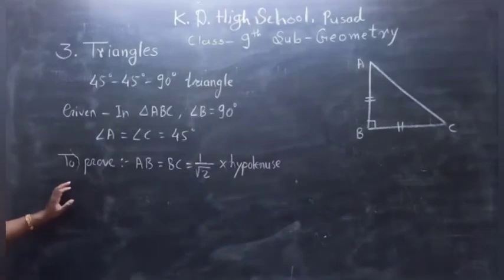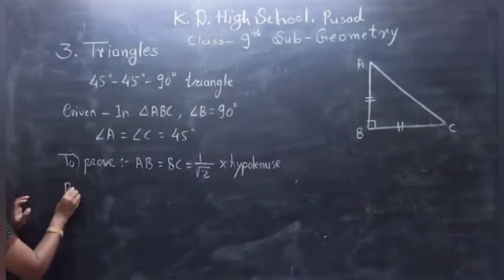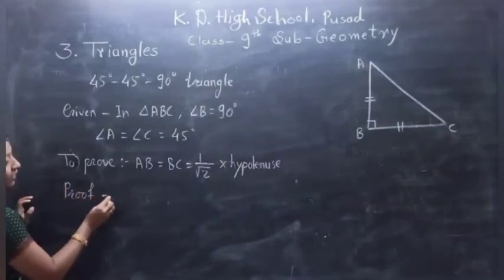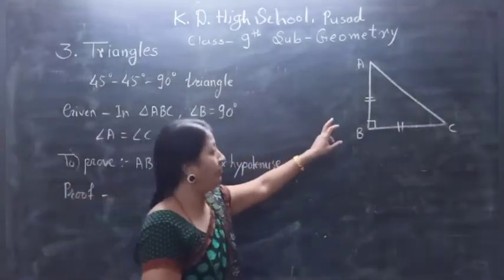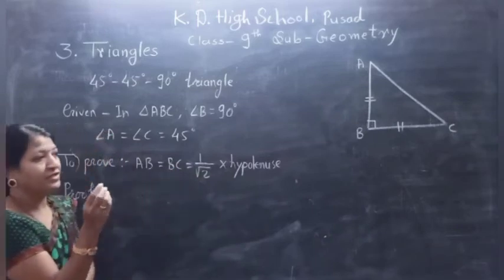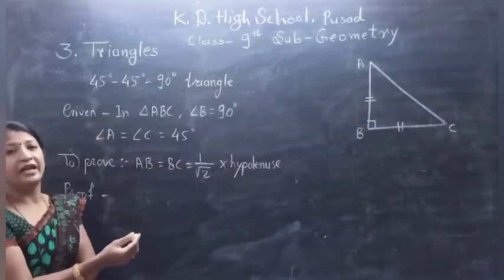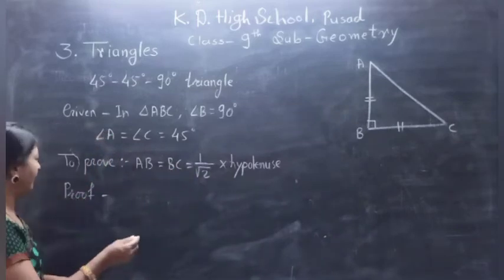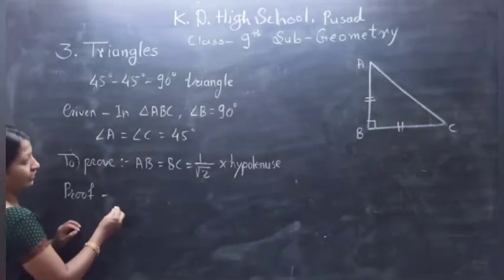Okay, now see how to prove this statement. For this we have to use the proof. Again, it is very simple. By using the Pythagoras theorem we can prove this. Okay, these questions, these theorems that we have taken here, in the textbook they have been given as activity based. Let us prove it directly.